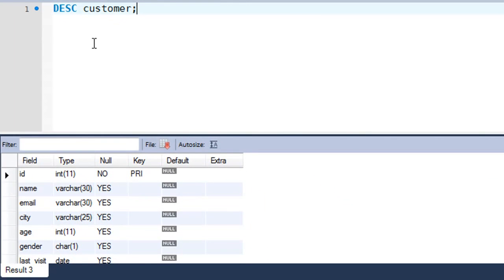So I'll go to my MySQL environment, and here you go. You can see that the name of the table is customer, and it has all these fields. It has ID field, which is of integer type, name field, which is of varchar type, email of varchar, city of varchar, and then age of integer type, gender of character type, and last visit of date type. So I'm going to put in a few rows in this table, and each of these fields will have a